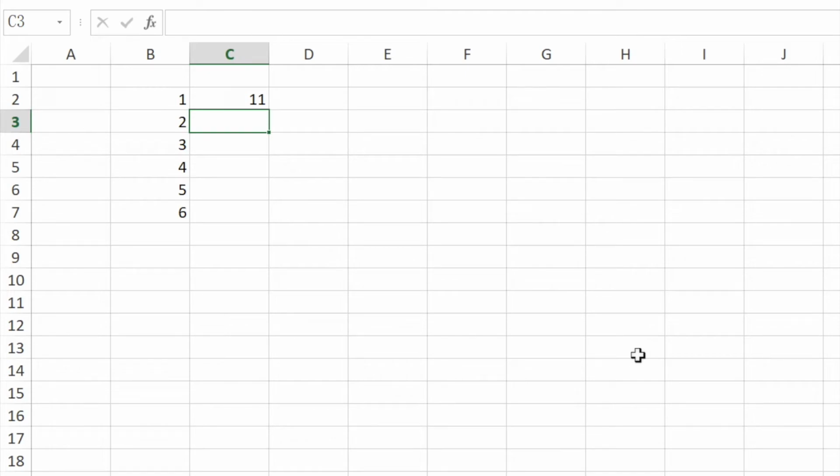It returns 11, which is a single value rather than an array. In cell D2, we write the same formula =B2:B7+10.